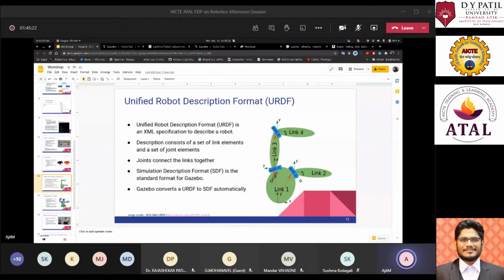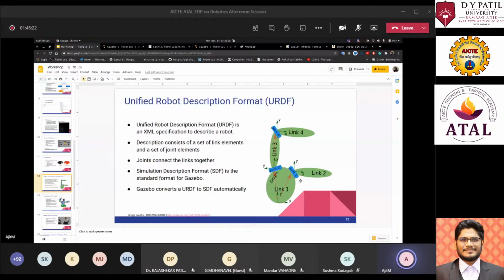Yeah, if we go back into the code, here we have to mention the parent link. Now this parent link is our chassis, where everything is getting connected. Every sensor, every different link is getting connected, and our child link will be the caster wheel link. Now remember, we have given names to the links, and these names need to be similar to what we are mentioning over here.